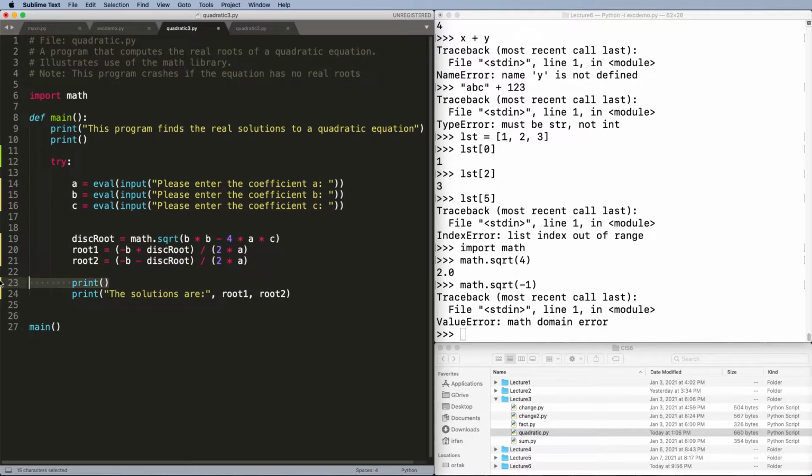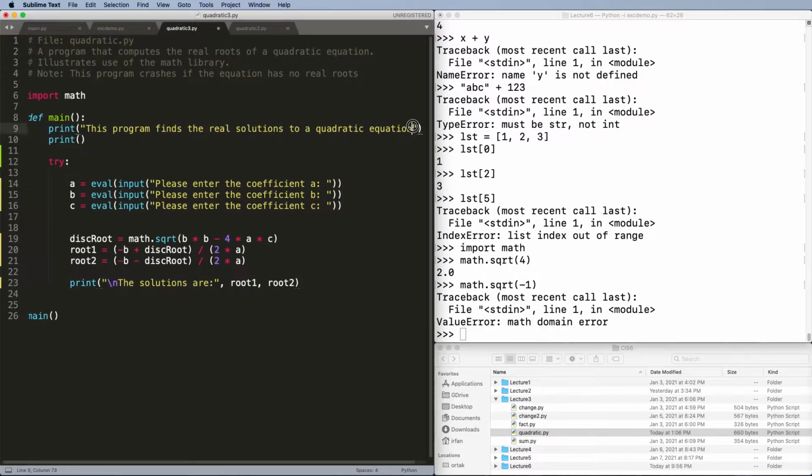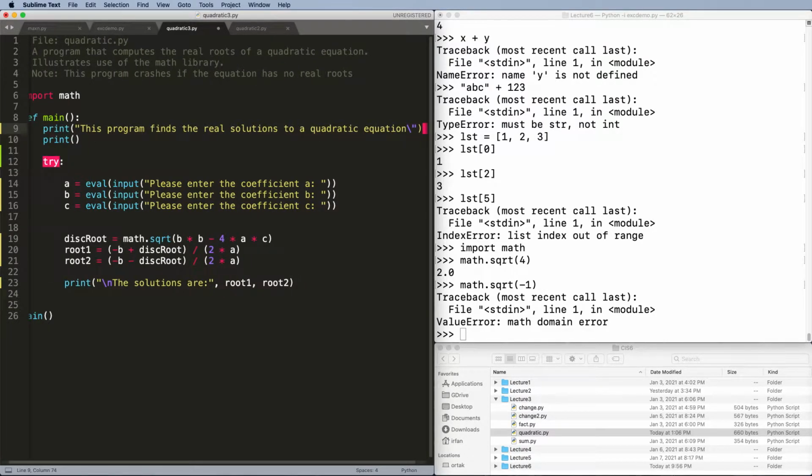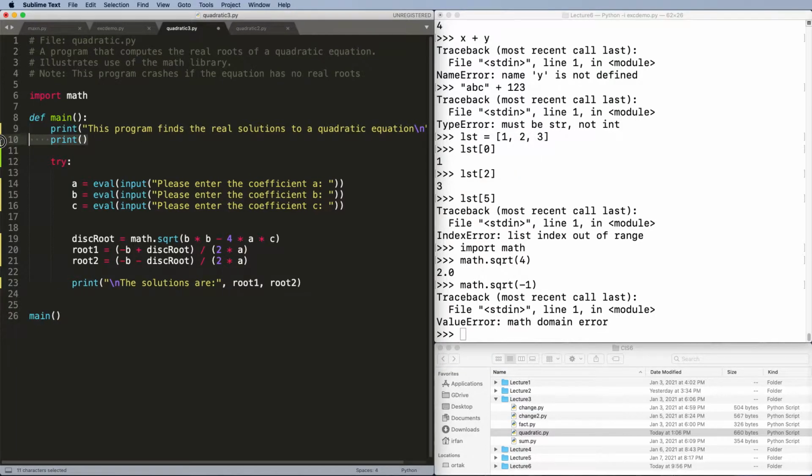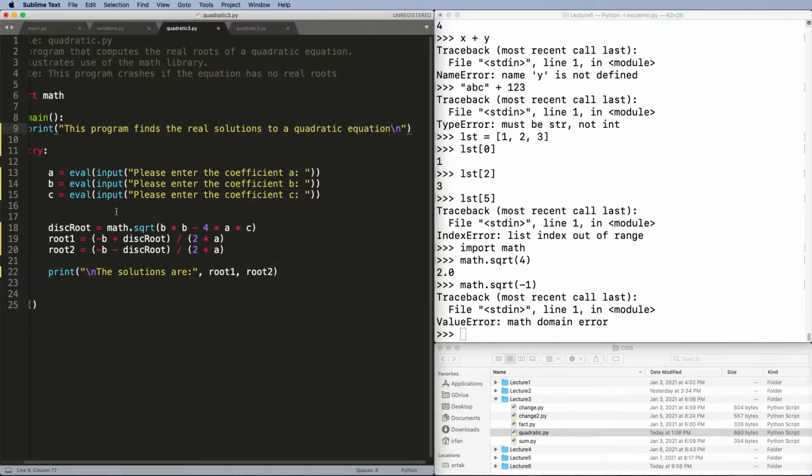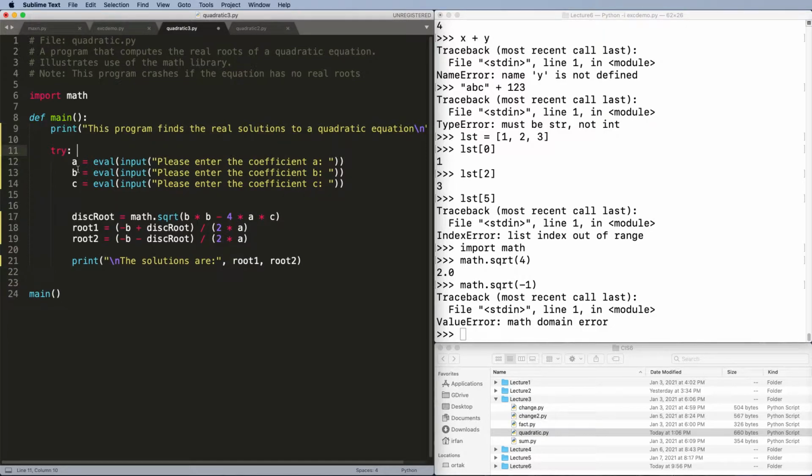Let's not forget our \n. I'll also put a \n here. Then we don't need this now. Okay, so we're going to try this, and if the program somehow fails here, we can use the except block, and the type of error that we saw in this example was the value error. So we're going to get a value error,